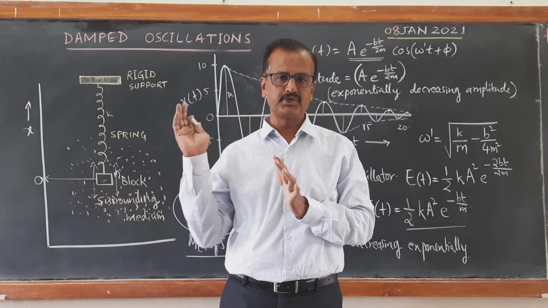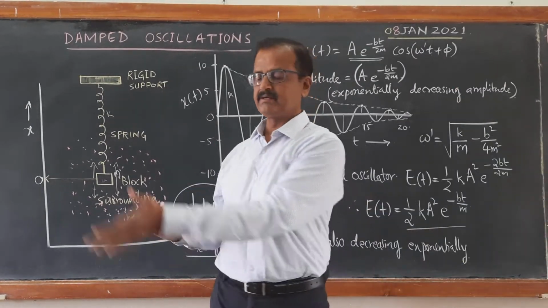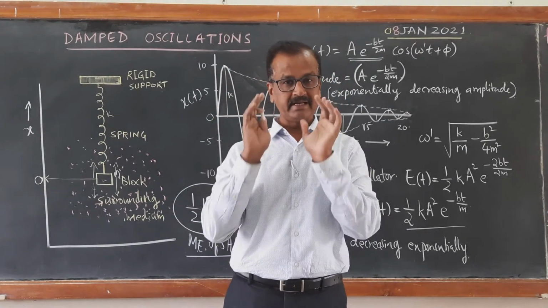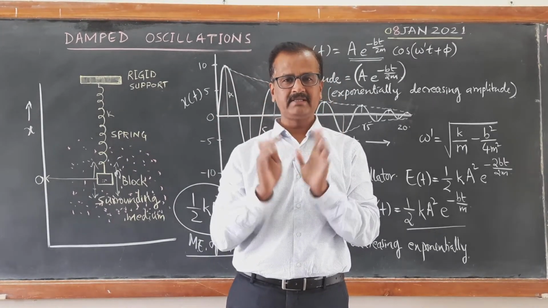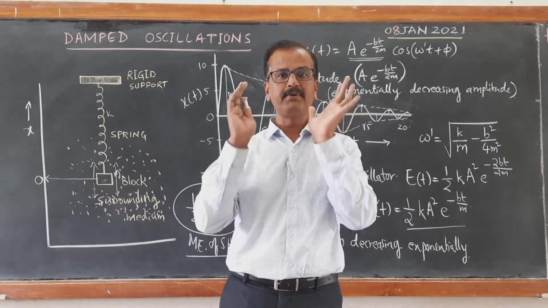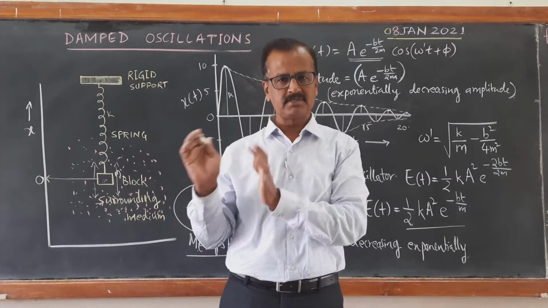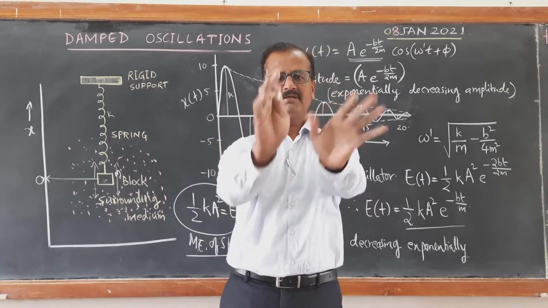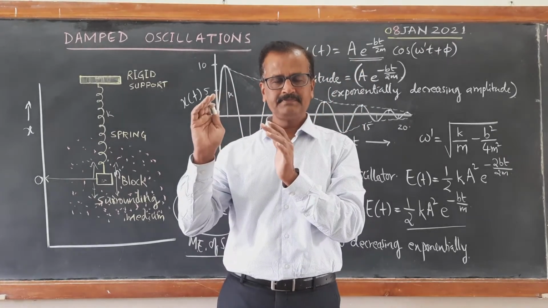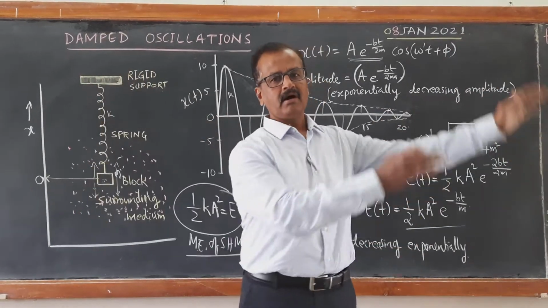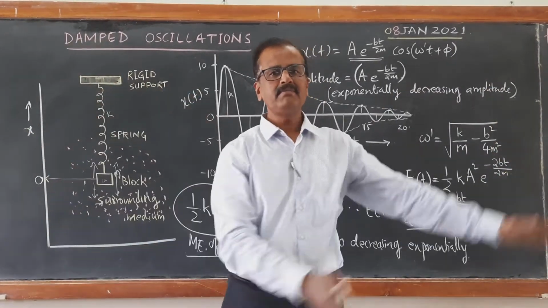Otherwise, you will take the help of your friend. You will tell him to push. Every time the swing comes to him, he will push you. So there is an external force, and this force is going to be a periodic force. Every time the swing comes to the person who is standing there, he will apply the force. As a result, what happens? The swing oscillates with almost maximum displacement.